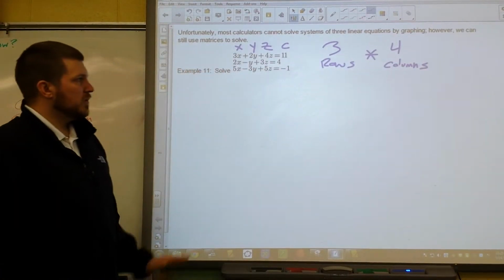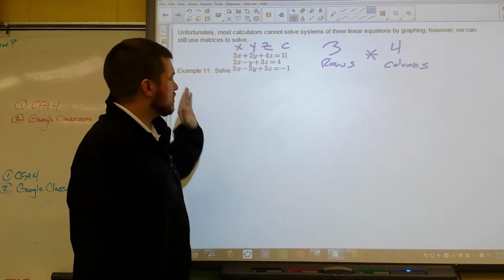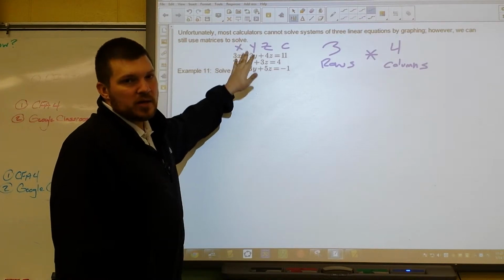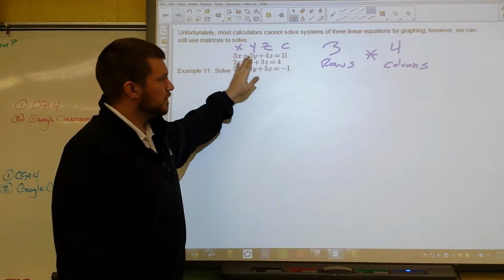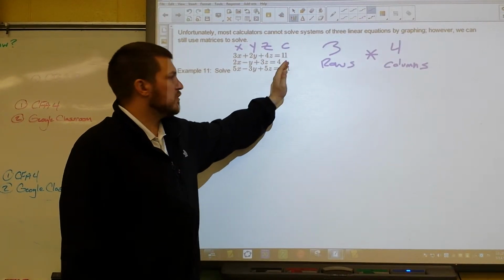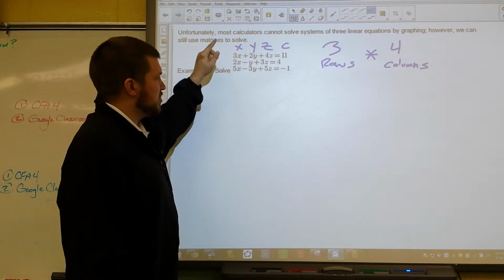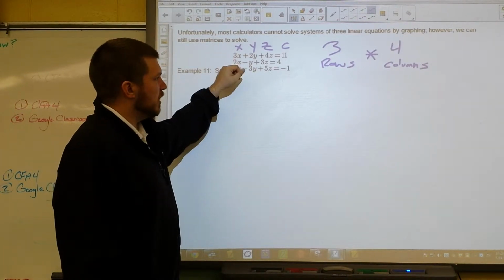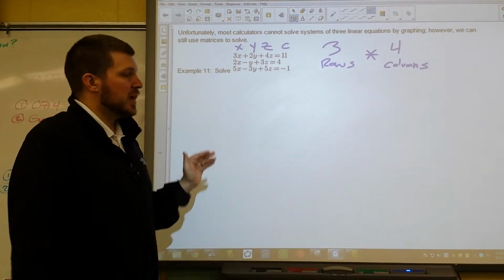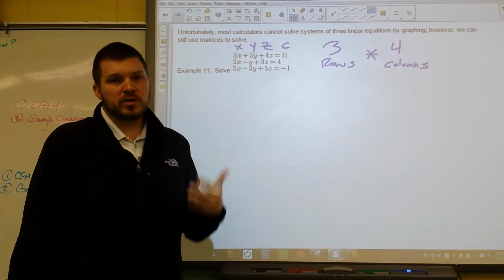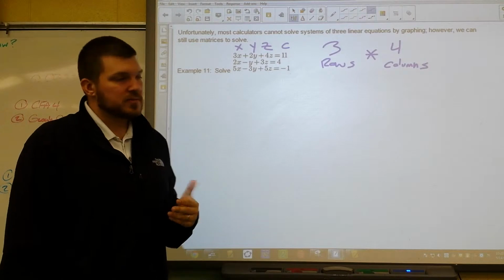Now, before you do anything in the calculator, it's very important to remember, anytime you're using a matrix, your variables have to be on the left. So x, y, z, all your variables have to be on the left side of the equation. Your regular constants have to be on the right side of the equation. Also, you want everything to line up nicely. So x's are lined up with x's, y's with y's, z's with z's, and constants lined up on the right side with constants. If that's not already done for you, then you need to do some scratch work. Fortunately, in this problem, everything's lined up correctly the way it's supposed to be,